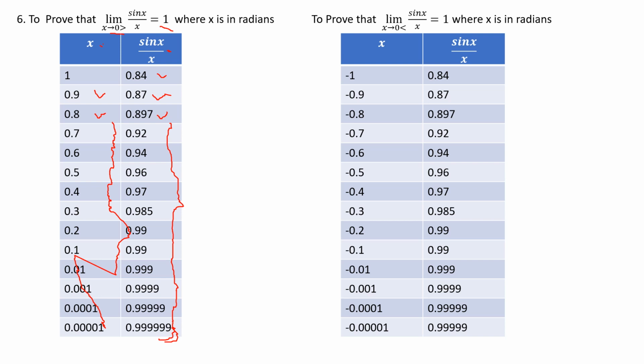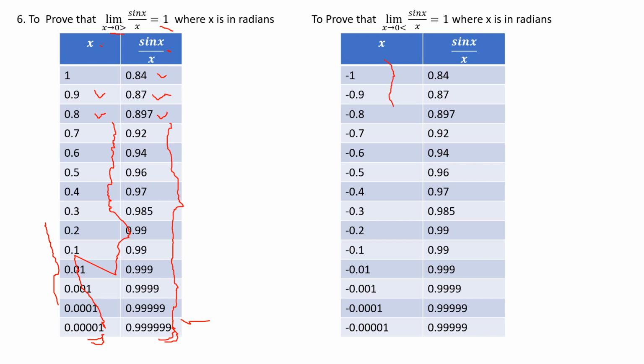On the right here, this is 0.00001, which means on this side our x is tending to 0, but our sin x over x is tending to 1. That's why they say that the limit as x tends to 0 from the right hand side of sin x over x is equal to 1. When you also prove that using the same concept on the left hand side, you can observe clearly here